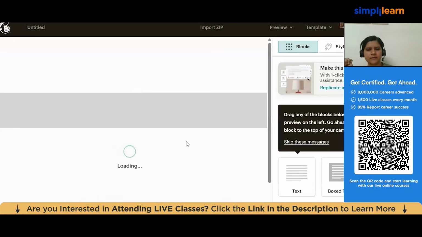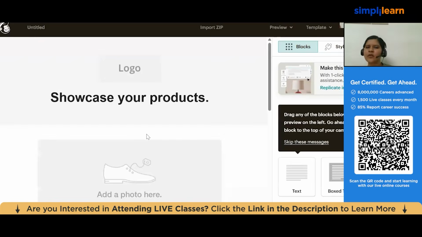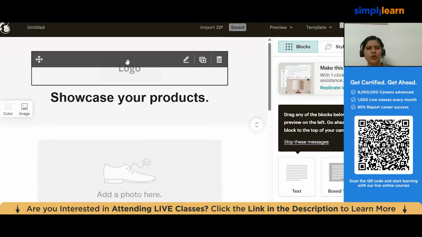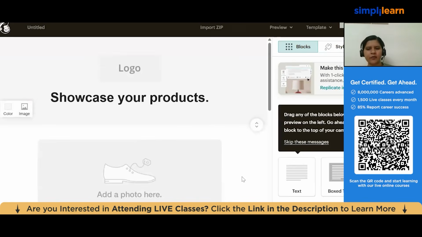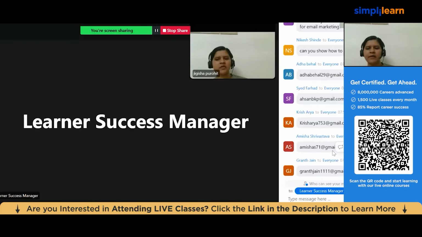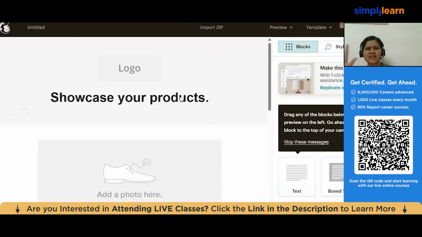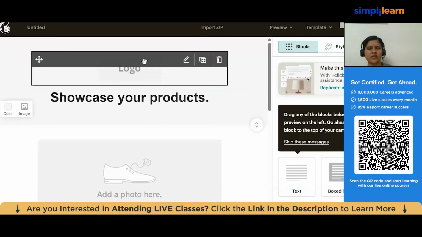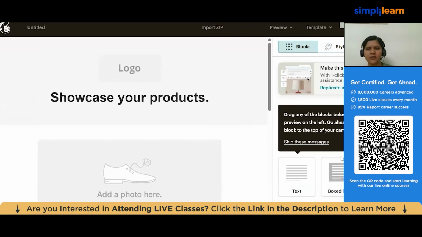So it is like your Canva, by the way. If you don't want any segment, you can delete it. Have you guys ever used Canva? The way you use Canva is very similar to this. Let's say I don't want to use this logo section, I can remove it. Here you have all the